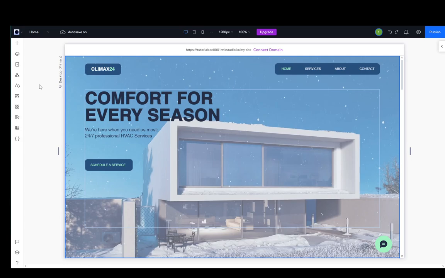Now, currently there isn't a way to transfer or to translate a Wix site into HTML. There is no official sort of program or code to do that. It is simply not possible. However, there are two kind of workarounds which I'm going to show you, the first of which you can do